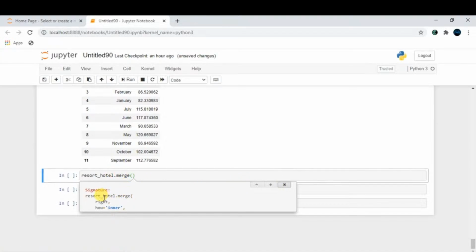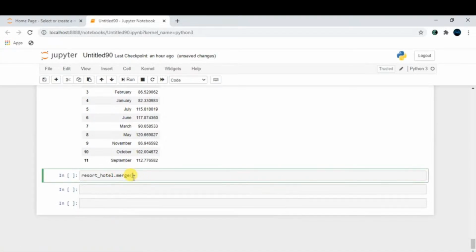So you will see here you have a right. It means what exactly is your right data frame. So my right data frame is exactly my city hotel, and this resort hotel is exactly my left data frame. And here I have one parameter which is exactly on. It means on what column basis you have